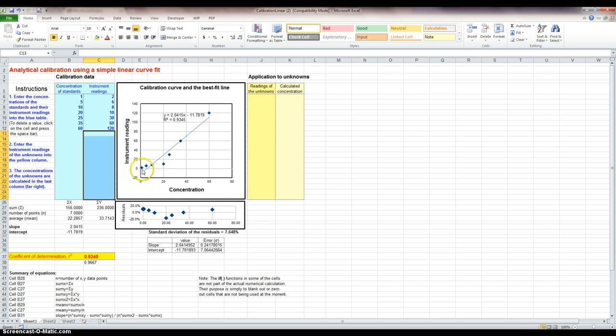Okay, so what we see is we have a line fit, right? So it's the best fit line. We get our formula, y equals mx plus b, and we have our r squared, which, if you notice, is down here, the coefficient of determination, r squared. If we click on this, you can see their formula. If we double click, it should show us